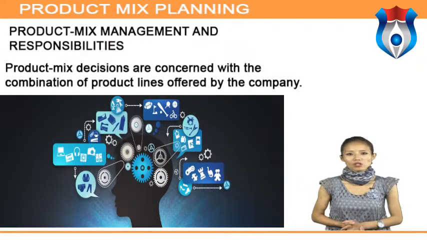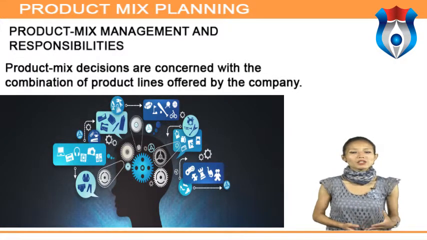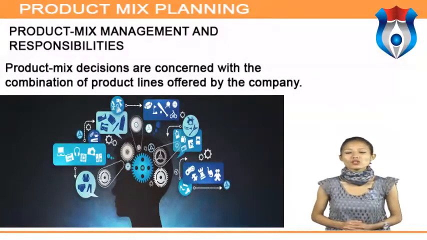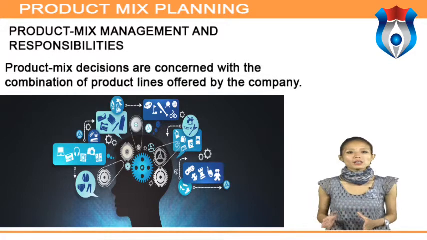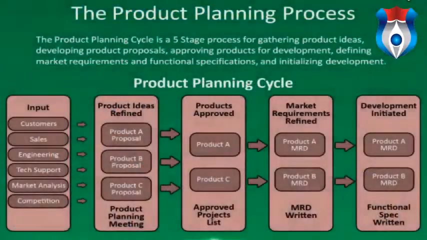Product line decisions are concerned with the combination of individual products offered within a given line. The product line manager supervises several product managers who are responsible for individual products in the line. Decisions about a product line are usually incorporated into a marketing plan at the divisional level. Such a plan specifies changes in the product lines and allocates resources to products in each line.